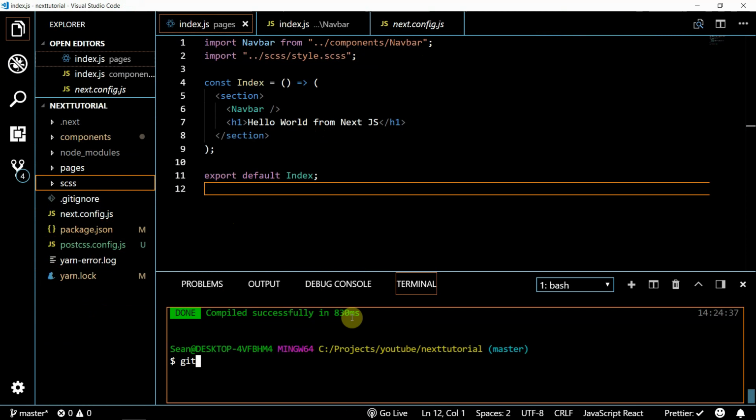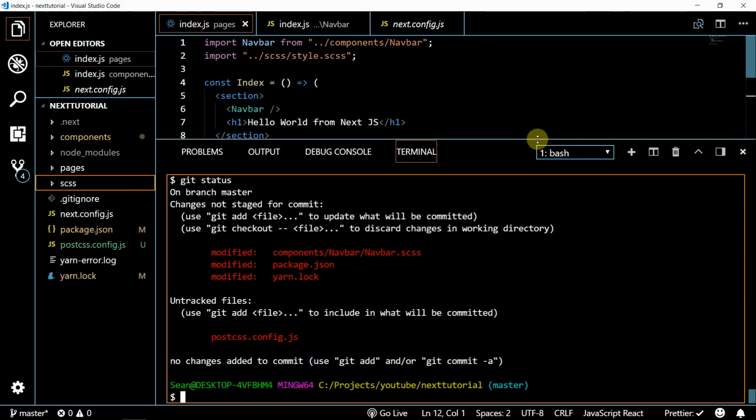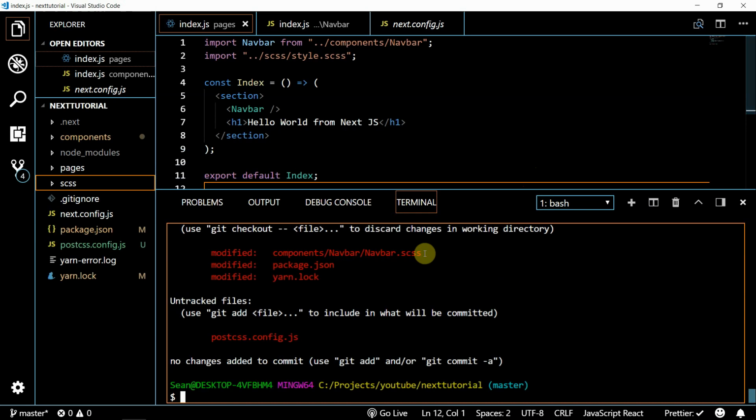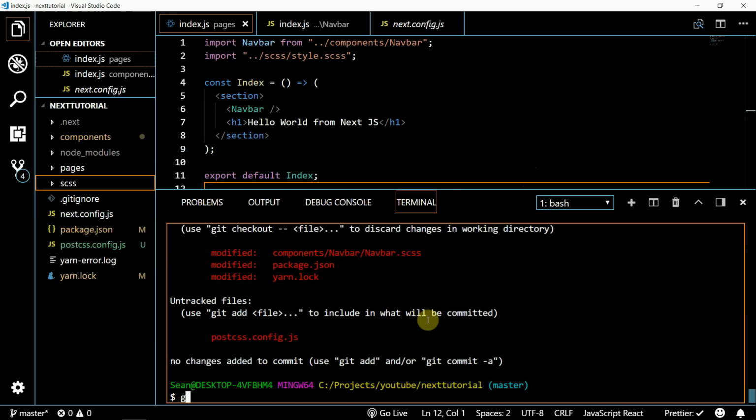So what I'm just going to do is a git status. So we added SCSS support and we added autoprefixing support, right? So I'll just do a git add all and git commit: SCSS file importing, and PostCSS autoprefixing